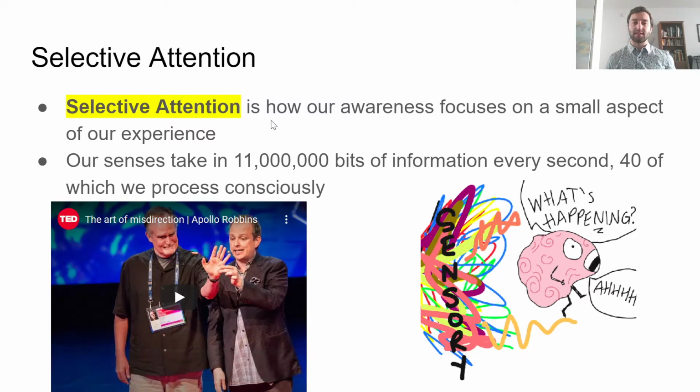And this is what selective attention is. Selective attention is basically what bits of information we are consciously aware of, are actively paying attention to. All right. This is why, if you've ever been in a really boring class, I think is a good example, maybe your teacher starts talking and they're going and going and going and you're like, I don't really care about calculus. It's really boring or whatever.